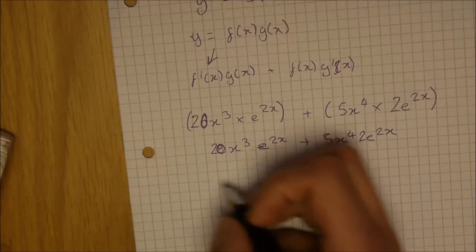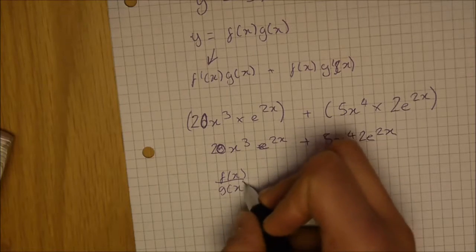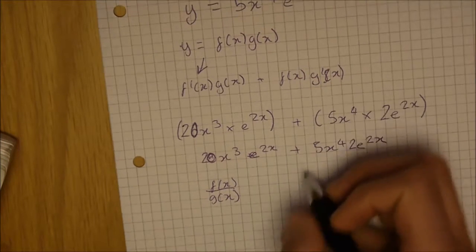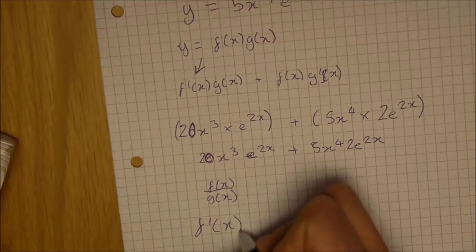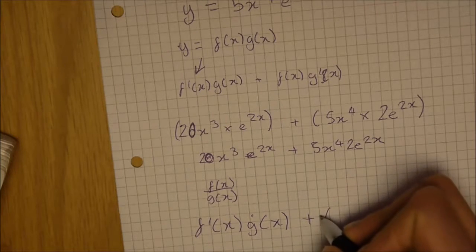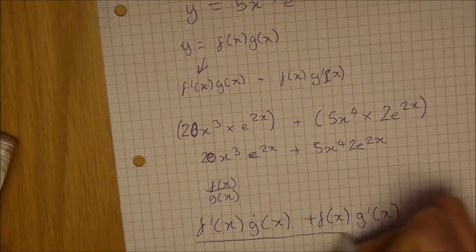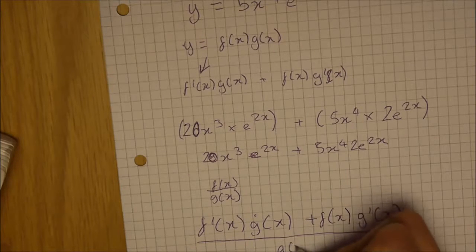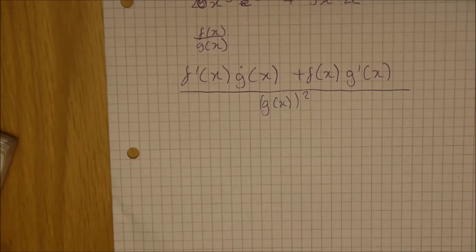So if we have f(x) over g(x), then to differentiate this we must do the same as product rule actually, f dash x g(x) plus f(x) g dash x, but the difference is this is all over g(x) all squared. So we're going to take the example of, let's find something that's reasonably horrific for everybody,